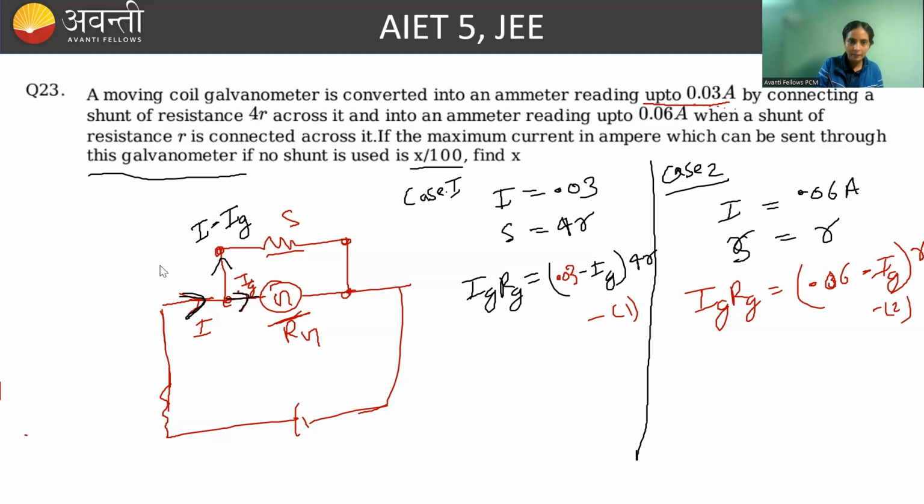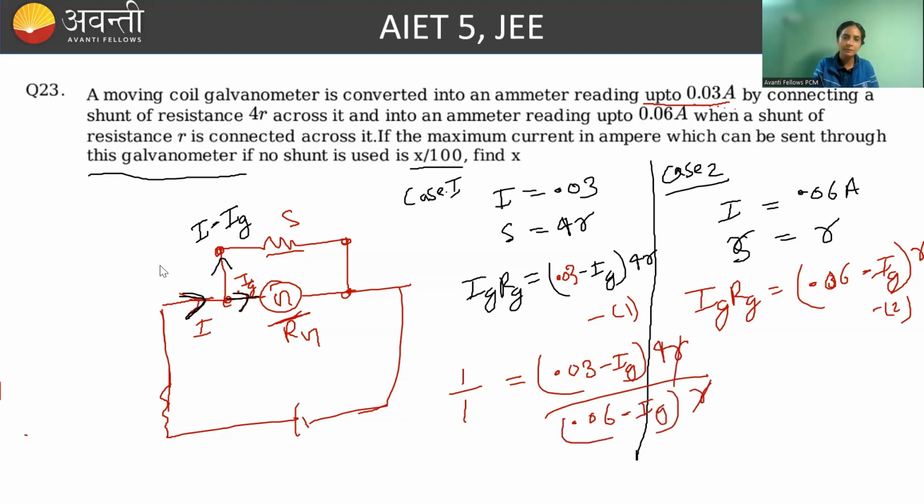So IG by IG RG by IG RG 1 by 1 हो जाएगा. Equal to क्या लिखोगे? 0.03 minus IG into 4R will be equal to 0.06 minus IG into R. If we are going to cut it like this and cross multiply, you will get what? 0.06 minus IG is equal to 4 into 0.03, that is equal to 0.12 minus 4 IG. If you're going to solve it further, minus 4 IG को इधर लेकर आ जाओ, this will become 3 IG and 0.12 minus 0.06, 0.06